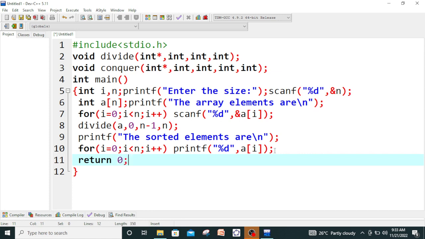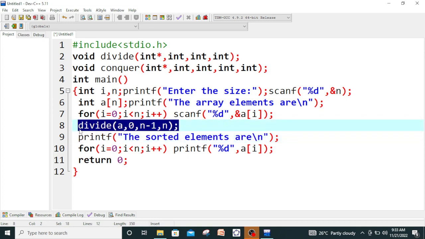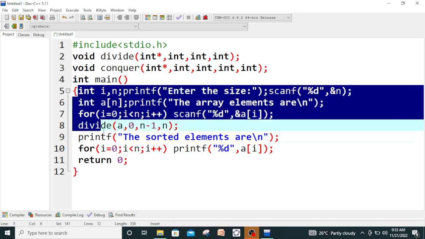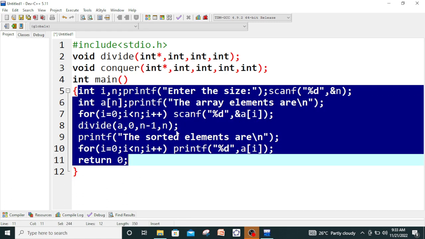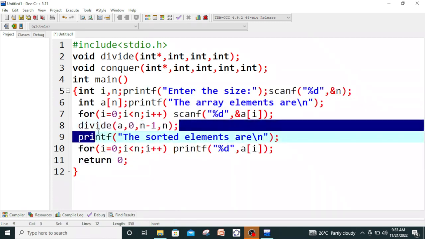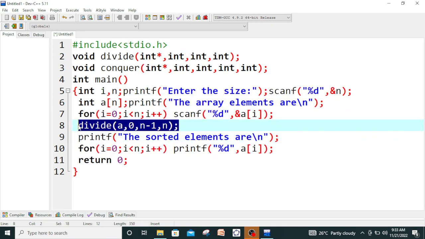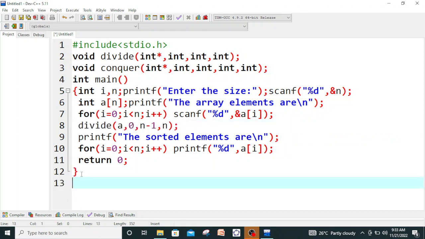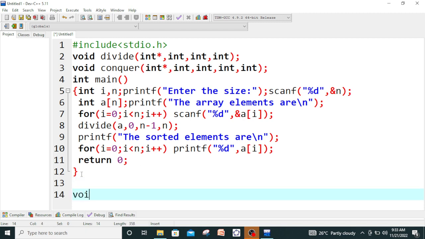Okay, so the body of the main function is complete, but here, there is a function called divide inside the body of the main function. This entire thing is the body of the main function, and inside this there is a function call with name divide. So we have to define this function divide, and since this is void type, so we type void first. Void is a keyword, and thereafter divide. This is the function name, and thereafter